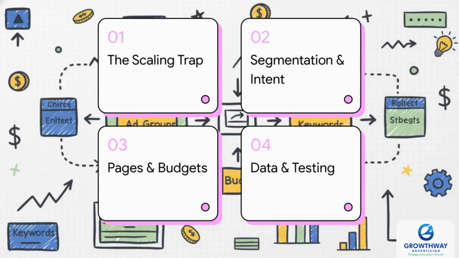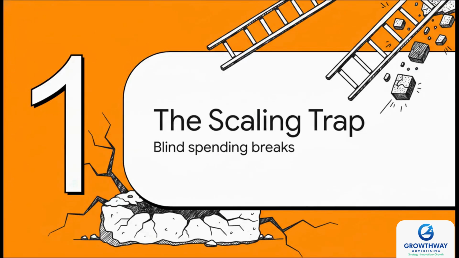To stop your campaigns from collapsing under all that new weight, we're going to follow a 4-phase blueprint. We'll cover the scaling trap, then segmentation and intent, move into landing pages and budgets, and wrap up with data and continuous testing. Okay, let's jump right into part 1, the scaling trap, and exactly why blind spending breaks your